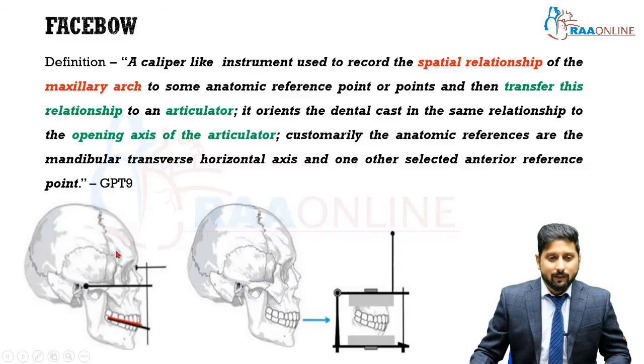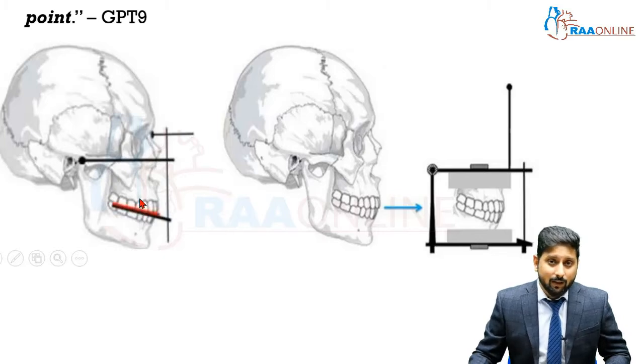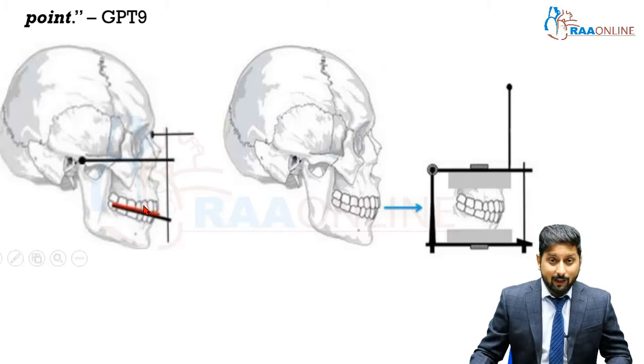So let's say this is the patient's skull. Okay. We need to record the spatial orientation of the maxilla. Now this is just a simple line diagram of the principle of how a face bow is going to work. You have 2 posterior references, one right side condyle, one on the other side, left side condyle. You have some kind of anatomic anterior reference point in the front of the face. Now the face bow is basically going to contact the 2 posterior reference points, 1 anterior reference point. In relation to that, it is also going to contact the maxillary teeth. Okay, it is also going to get attached to the maxillary teeth.